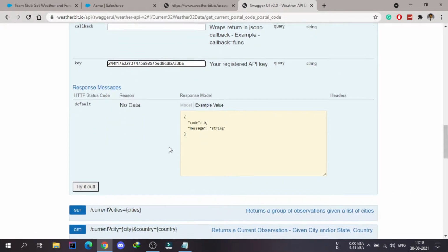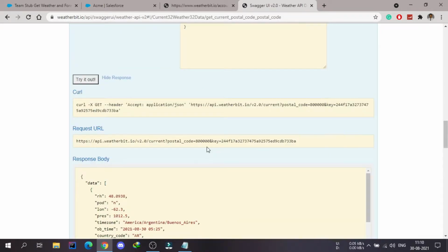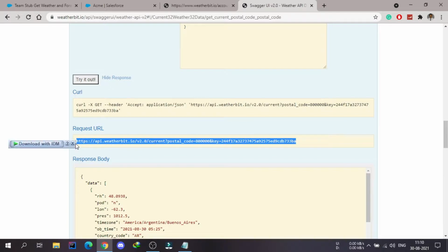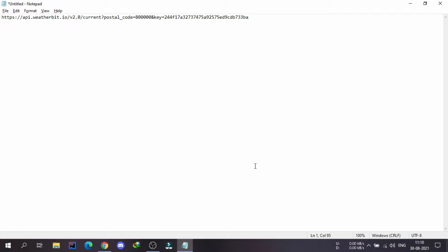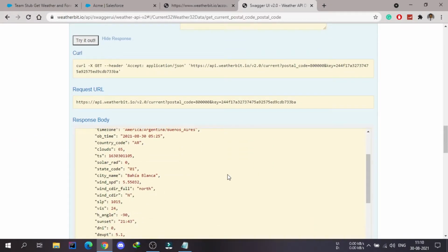After entering all this data, if you click on Try it out, you can see that we are requesting this URL, and the values we provided are appended here, the postal code and the key. I will copy this whole URL into a notepad so that in future we can use it, and this is the response which we are getting.